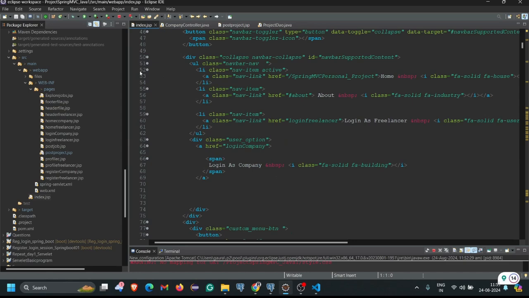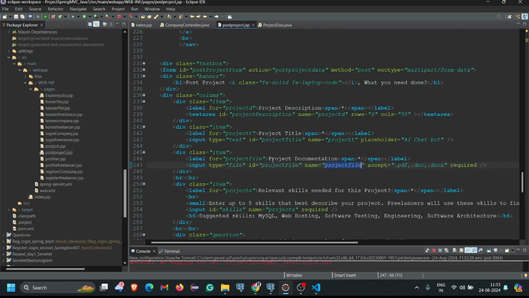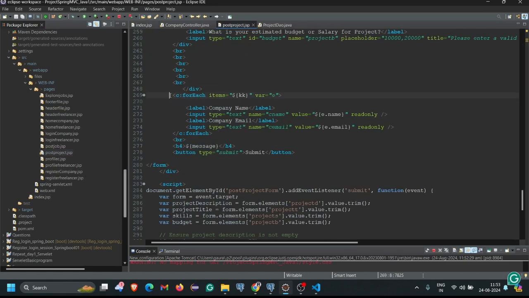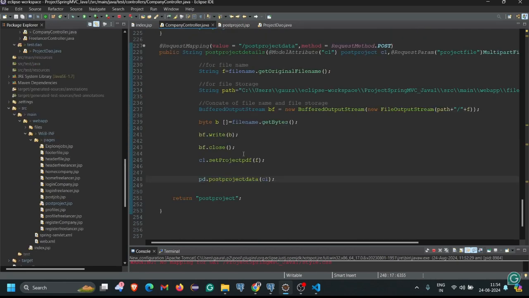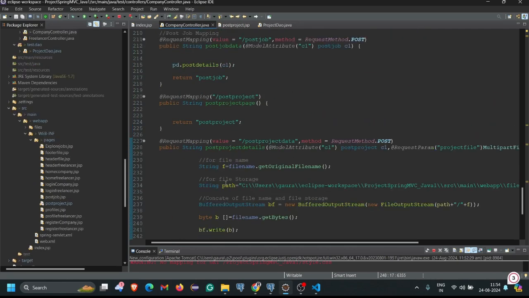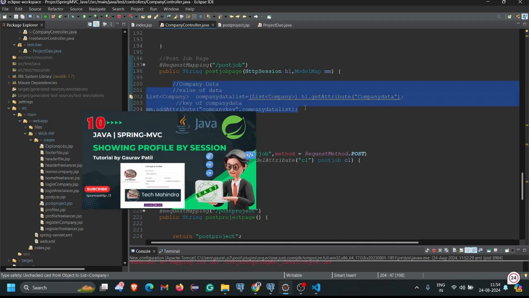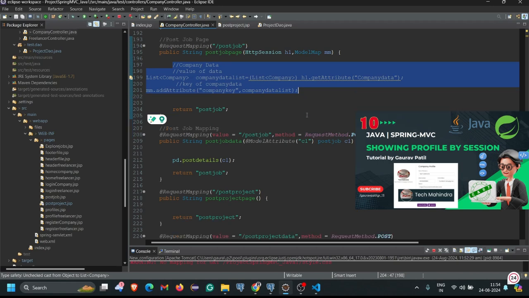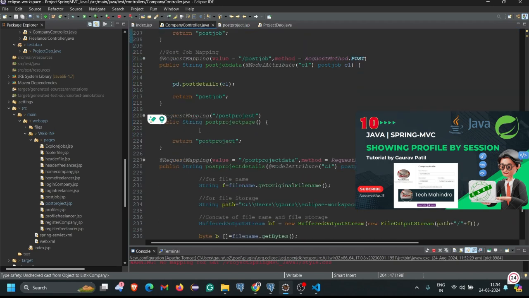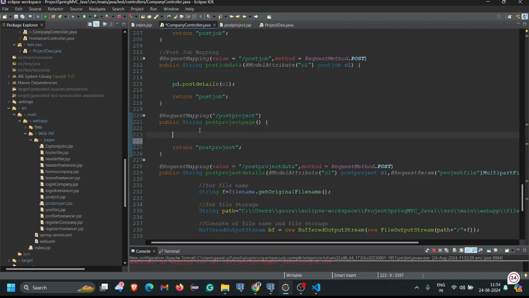Okay, here you can see in our post project.jsp we applied the for each loop, but for getting that particular value we do nothing. So for taking that particular value we have to come to our controller. Here you can see, as I already discussed in our previous video, these two lines hold all kinds of data related to our company. So I simply copy these two lines from here